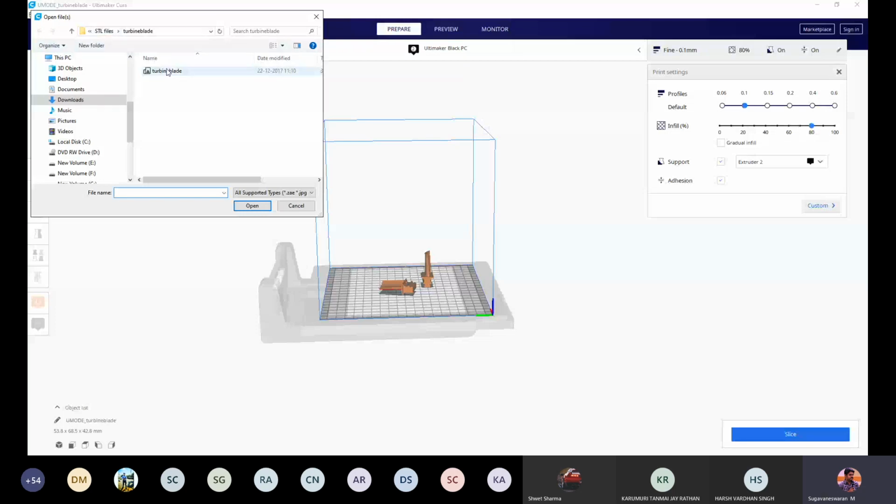I will give 1 minute. You all can locate your file. Just don't open it as of now. Just open this window, select the file, and keep this ready. If you are still in RAR, I think we may have an issue opening this directly. So extract the RAR file. Then the extracted file will have a folder. Within the folder you will have the STL file. Please open this STL file and keep this window ready.